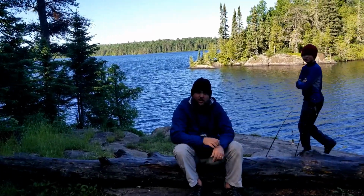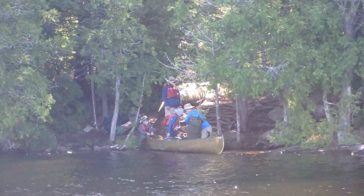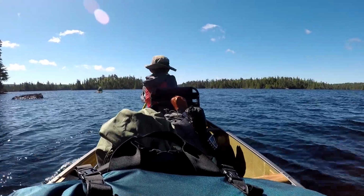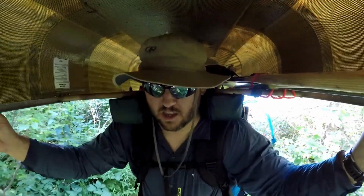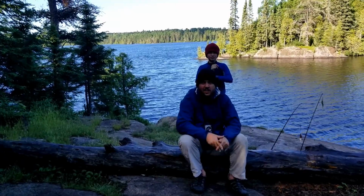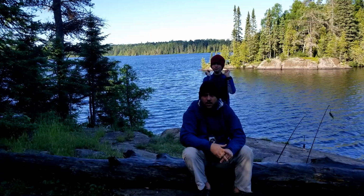We're going to get in the canoes here in a little while. So we've got to pack up camp, put away all the stuff, load up, and get on the water. Today's going to be our hardest day as far as distance and amount of portages that we have to do. So we want to get on the road. It's about 8 o'clock, so we've been up for a couple hours and had breakfast